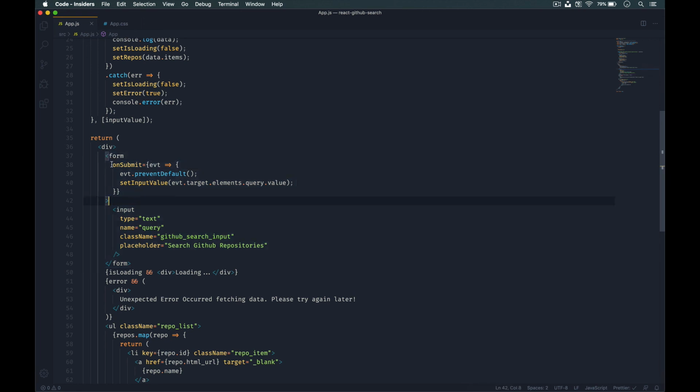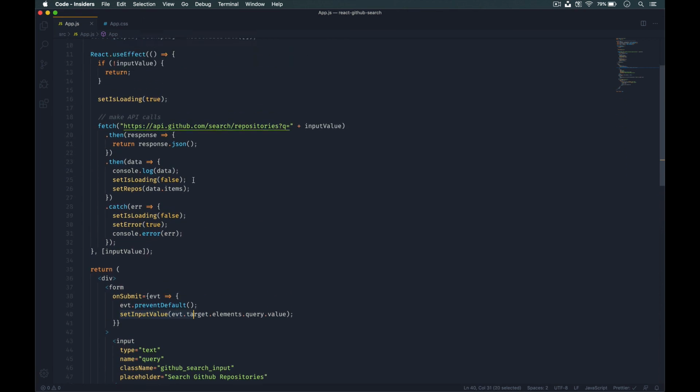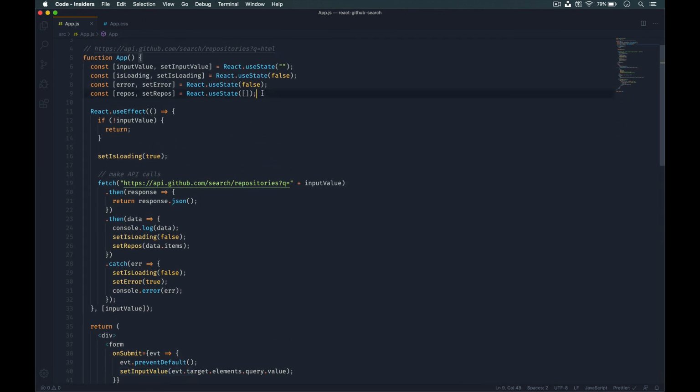We are listening for the submit event. We prevent the default because we don't want the browser to reload. And then we set the input value in a state. We have a couple of states at the top that keep track of what the input value is, whether we are loading or not, if there's an error, and what our repos are, if any, we've fetched. And then we used useEffect in order to react to changes in state of input value. So whenever there's an input change,